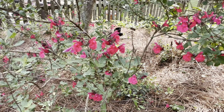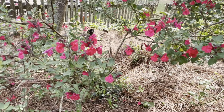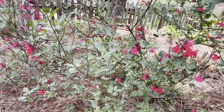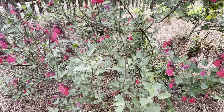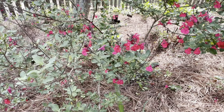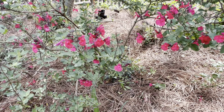Now here I have salvia, and I just want you guys to see how many blooms are on this salvia. I cannot believe the amount of blooms, and so early in the season as well. This is just one plant here that's covered in these. I actually have had this salvia for years and years, and it is just really putting on a show this spring. These blooms will last through the fall,